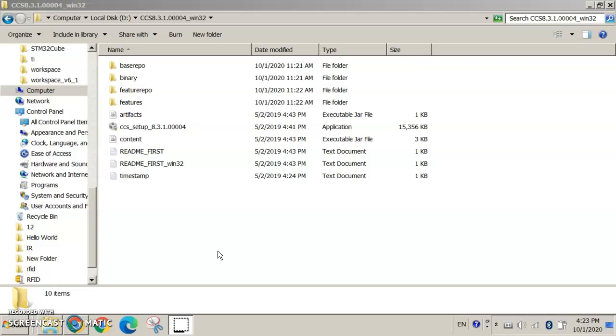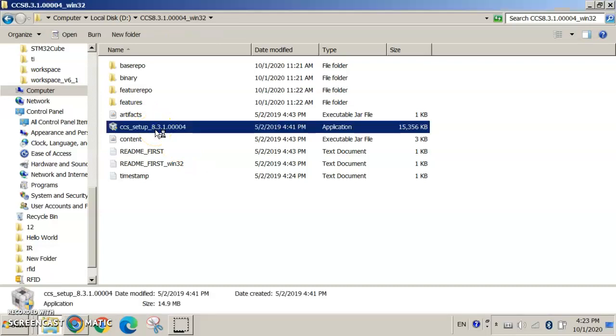So we need two applications, two exe files. One is CCS setup and the other one is Control Suite. To install this, you need at least 1 GB of data, because the CCS setup is about 841 MB, and your Control Suite will be around 140 KB. It's almost 1 GB. So only based on that can you download this file. So let us now move into the CCS setup and we will install it.